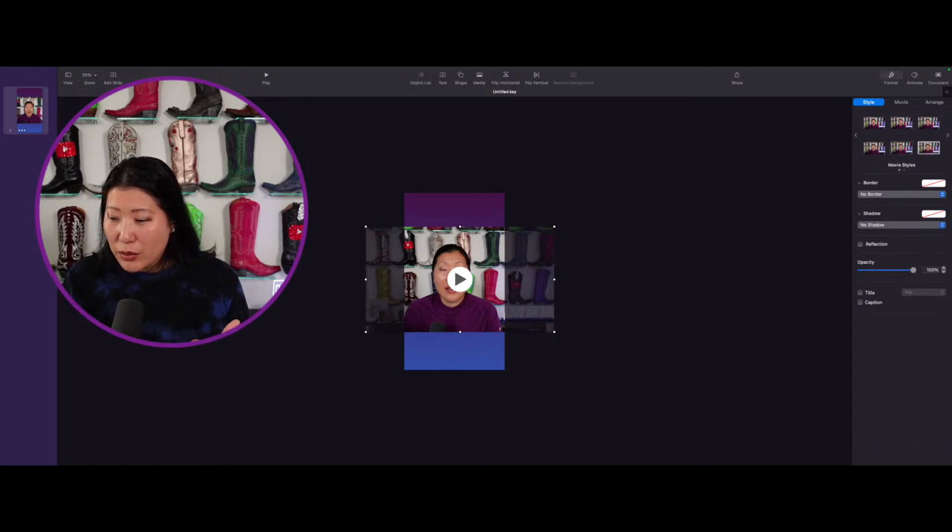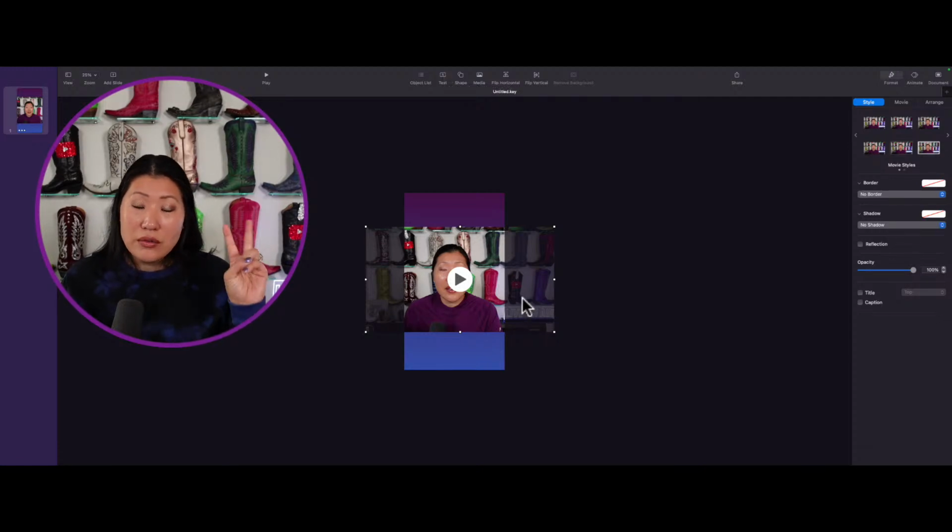I'm a PC. I don't have any of these programs. They are all Apple-based. So this is Keynote, yes. Like I said, you could still come in here and do some animating of text or something like that. So now we've done it inside of Keynote, inside of our camera roll, which you can do on Apple or Android. You can do this inside of iMovie, inside of Final Cut Pro. You can also do this inside of Adobe Premiere Rush, and I have a video showing you how to do that with the auto reframe option that's already built into it. So that's 5 different ways that you can do it there.